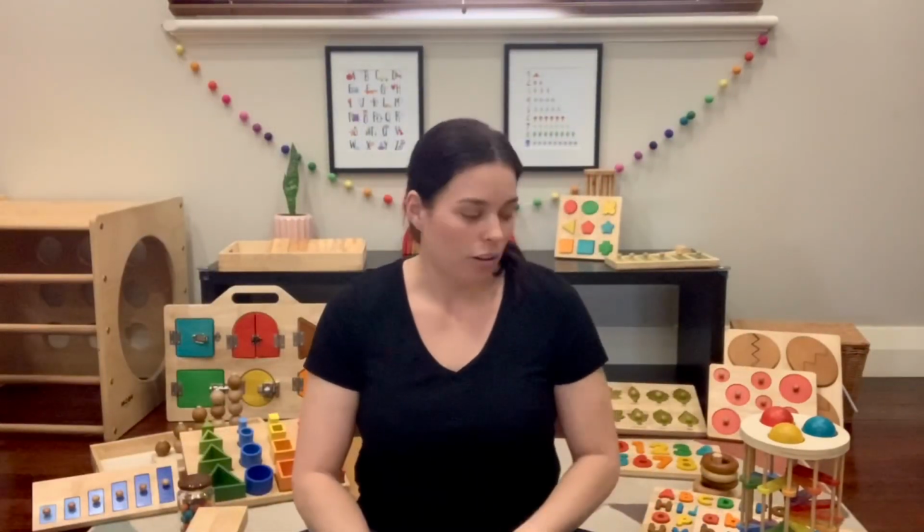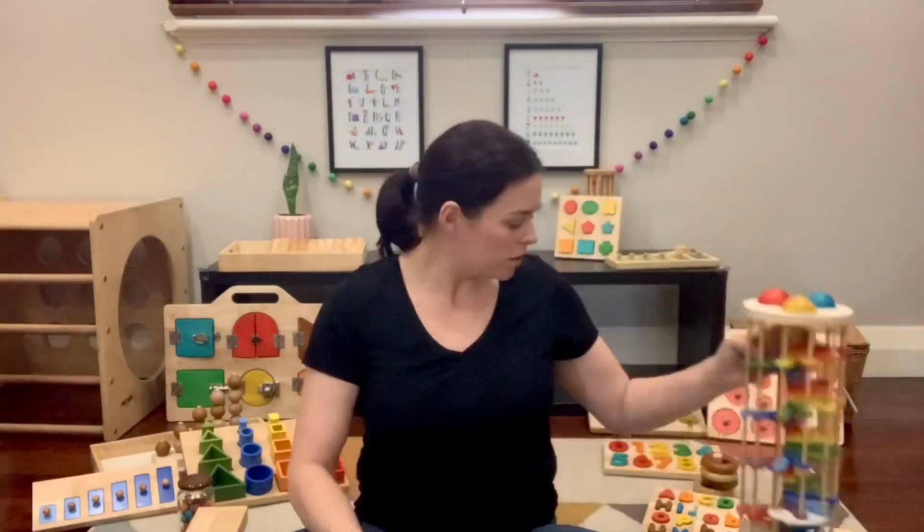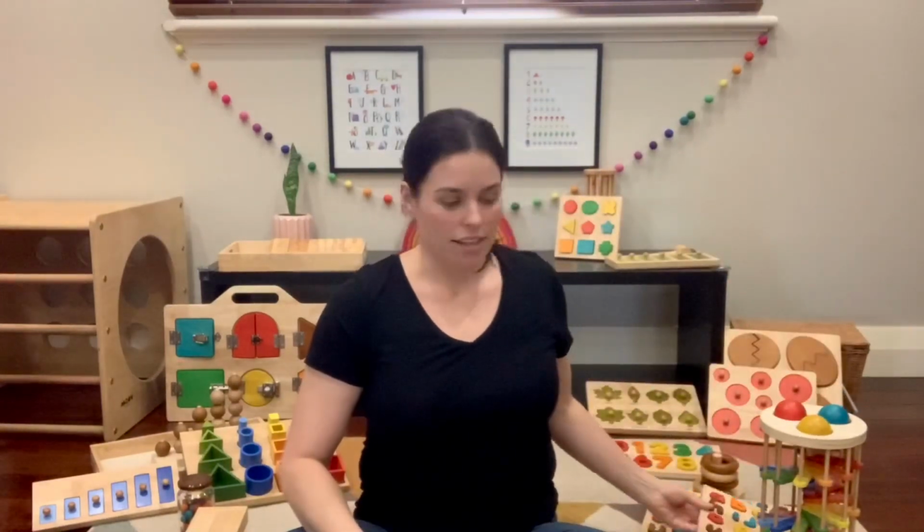They pride themselves on being ethical and sustainable, and they produce a wide range of toys that involves both open-ended and more Montessori style items. Some of the toys that Qtoys makes includes things like the Poundable Tower with balls that go down the top, a wide variety of puzzles,